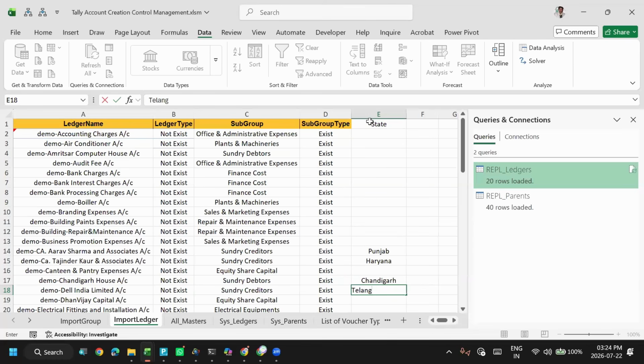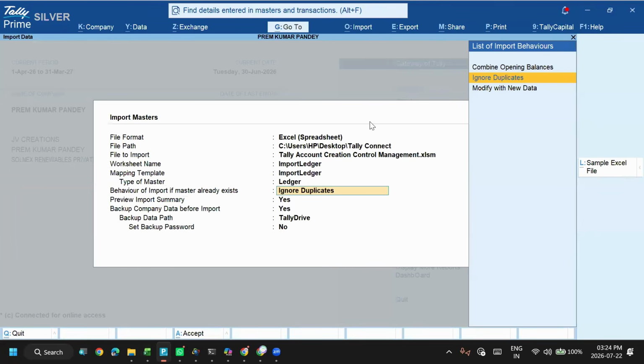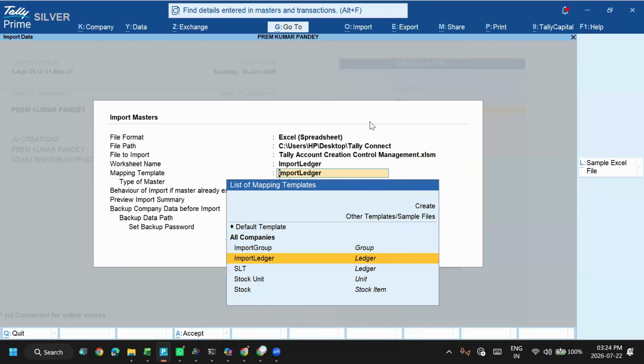But make sure the words are correct. Here I have selected